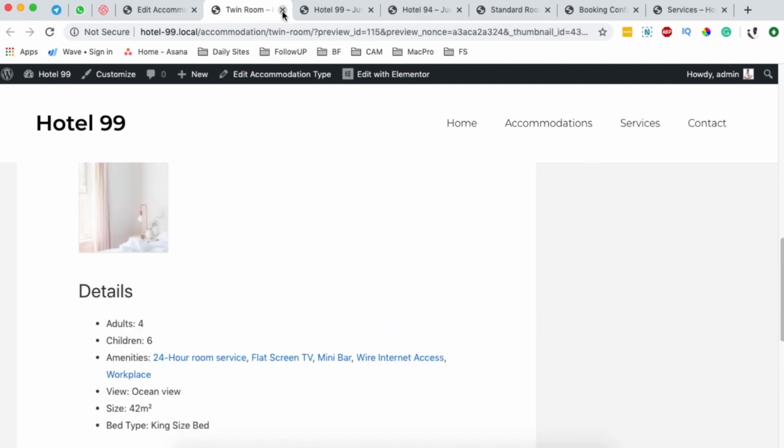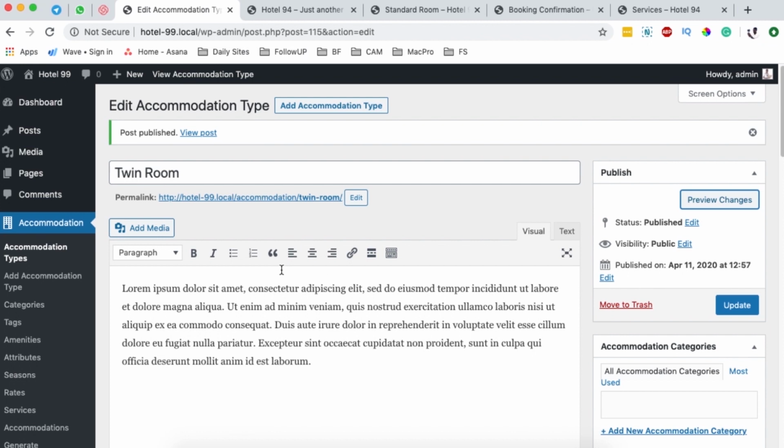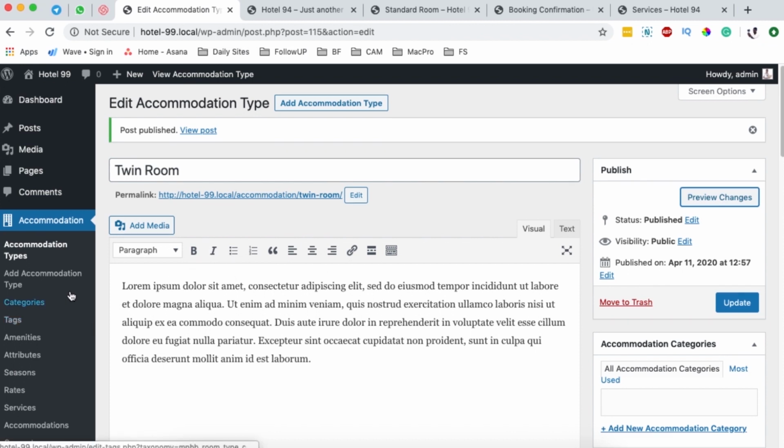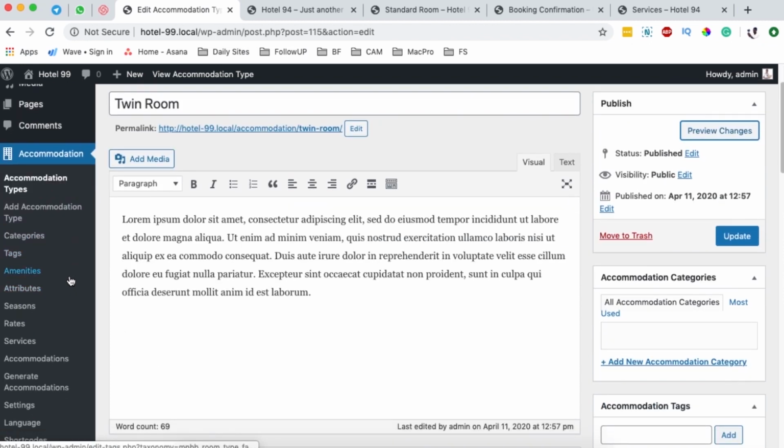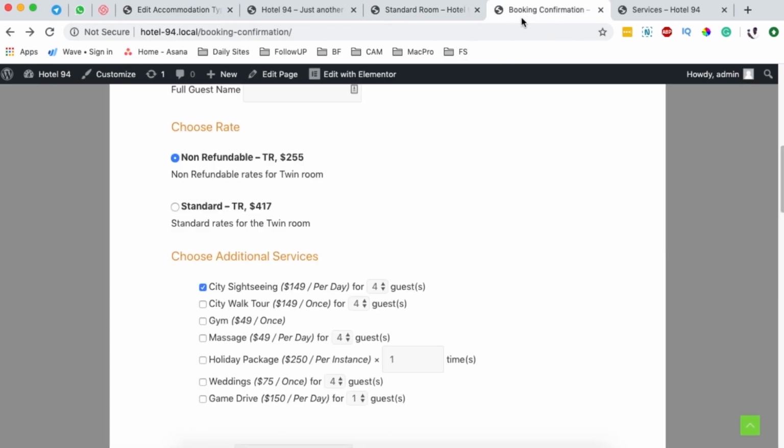Now we have created our rooms, we have created services and amenities. Next we are going to create seasons. Now the beauty with the MotoPress plugin is that it gives you the possibility to create high seasons, low seasons, or even some of those special seasons whereby you offer a different price for your accommodations or even services based on a season. How that looks like, for example, when we come over here to our rooms and you look